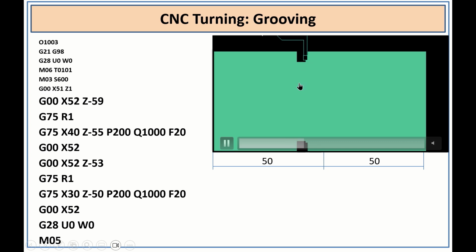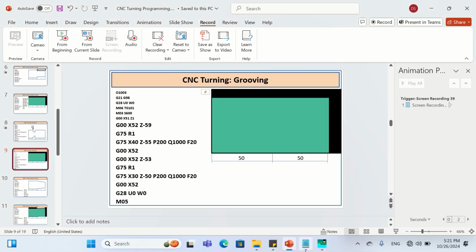So slowly it is making, and then when it comes to second operation, it is taking 2 mm depth at a time, because I gave the programming in such a way that it is taking 2 mm for the first depth, and then again 1 mm for the second depth. So once the 5 cycles are over at the second groove, it will go back and it will go to the home position. In a similar way you can just copy and paste this program in